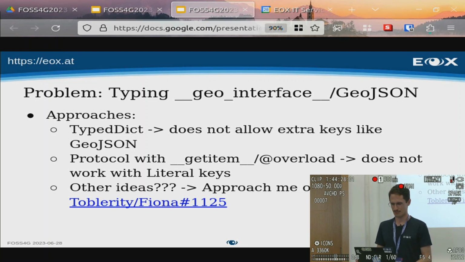We tried two approaches. One was to use the TypedDict class, but a GeoJSON allows any keys inside of the object. So there has to be a type key, which could be point or could be polygon, and then there has to be a coordinates key. For a point, the coordinates value is always a tuple of two numbers, for example. But the TypedDict class in Python does not allow extra keys, so we cannot add any keys, for example, that